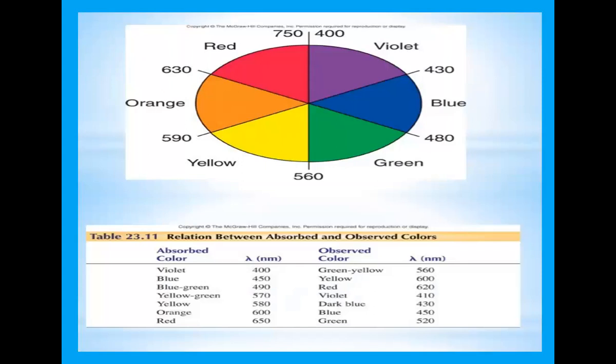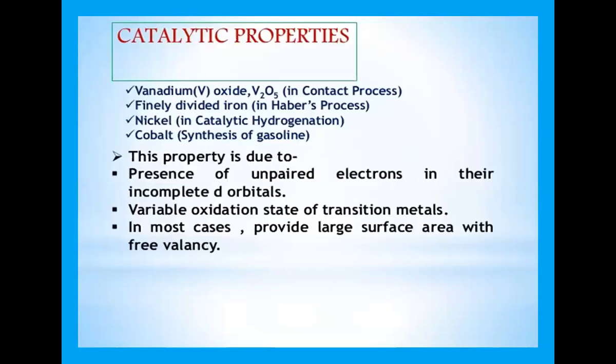And this d-d transition leads to observing, in the visible region, a particular frequency or wavelength, whatever you want to use, the observed color with respect to wavelength, what color it absorbs and what color it emits. That is given by a Munsell diagram. So if it absorbs, for example, violet color, it gives a greenish yellow color. If it absorbs blue, yellow color, bluish green, red. Like that, if it absorbs red color, it may produce green color.